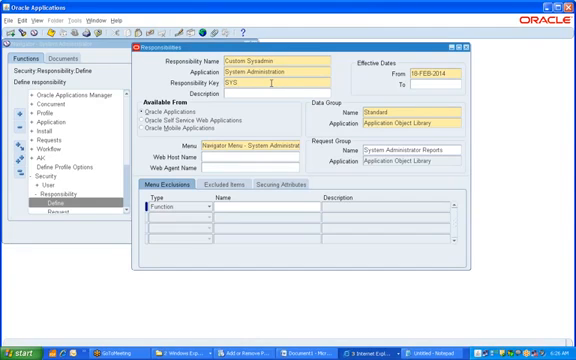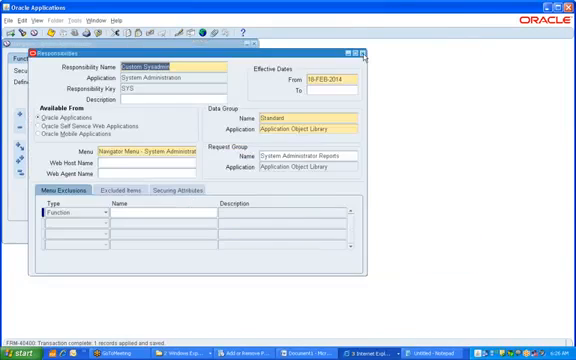So I just created a duplicate name and then I'm using the same menu. So now I'll just show you this. Later I'll show you how these menus can be reduced. So once a responsibility is created,